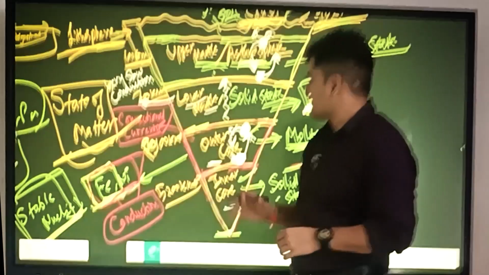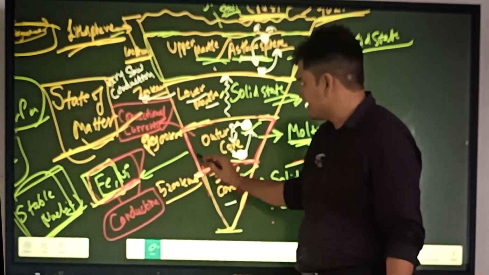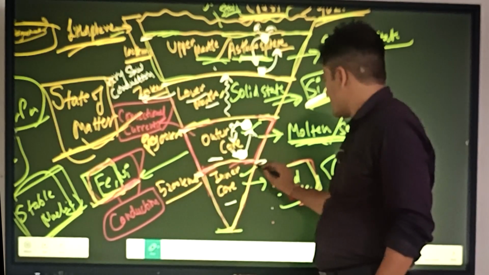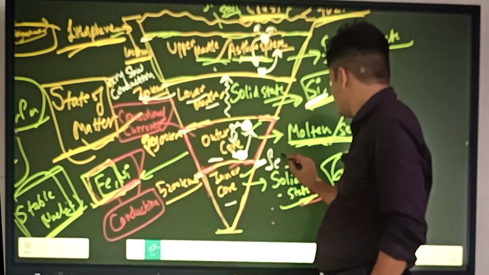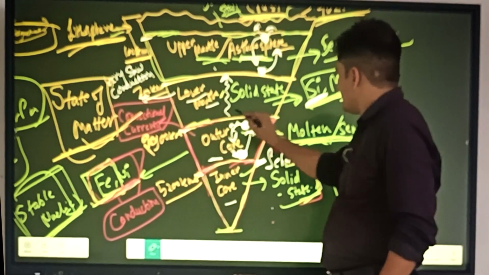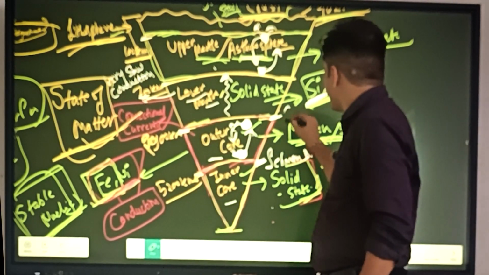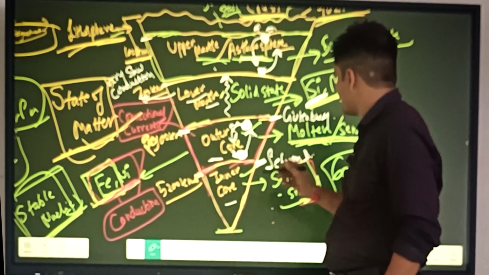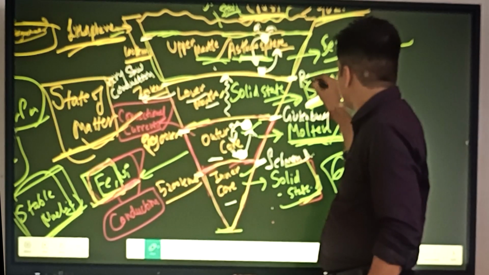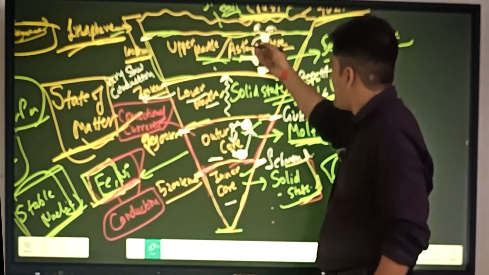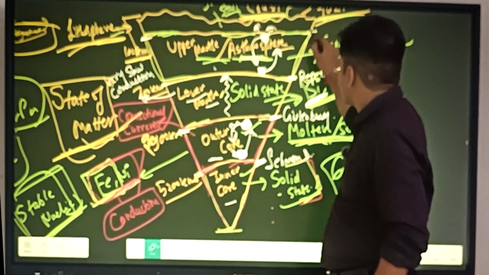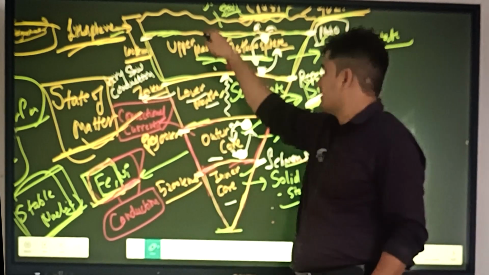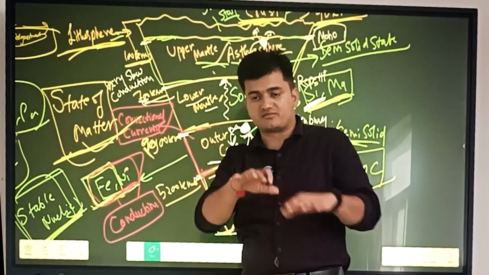So we have discussed the different layers. We have different boundaries between these layers, like the inner core and the outer core have the boundary called the Lehmann discontinuity. There comes the Gutenberg discontinuity between the lower mantle and outer core. Then comes the Repetti discontinuity between the upper mantle and the lower mantle. Then comes the Moho discontinuity between the crust and the material just below the crust, which is in the semi-solid